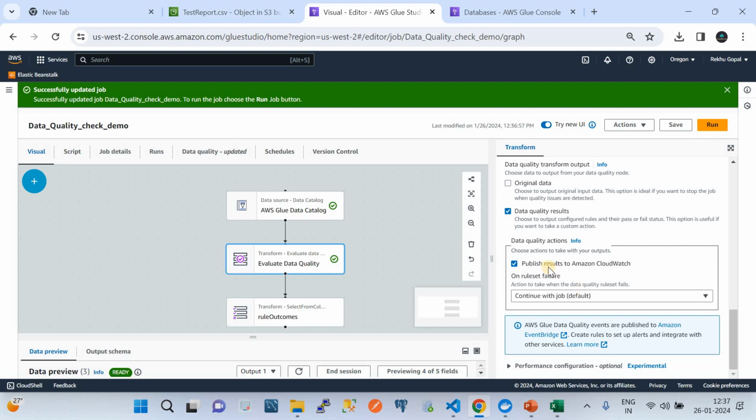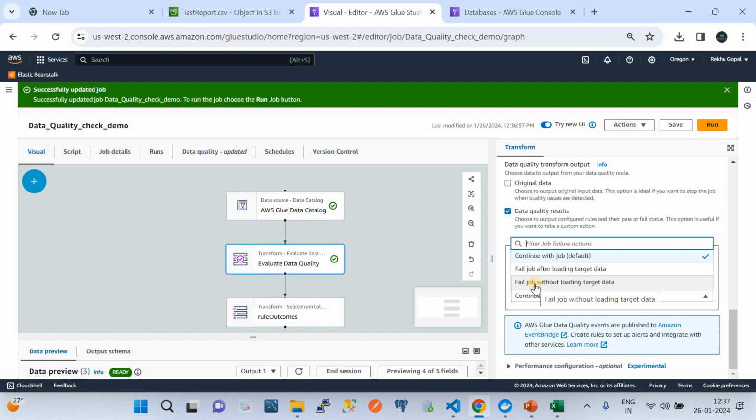Okay, so do you want to publish the result to Amazon CloudWatch? Then you can check mark this one. On the rule set failure, in the sense, what do you need to do when rule sets fail? So you can take certain actions, that is fail the job without loading the data to the target, or